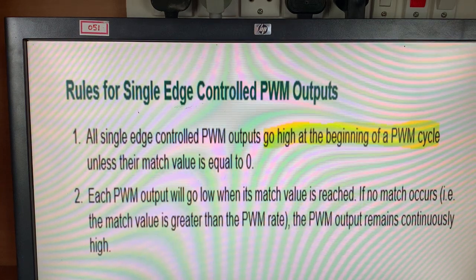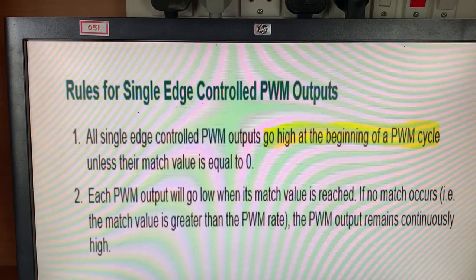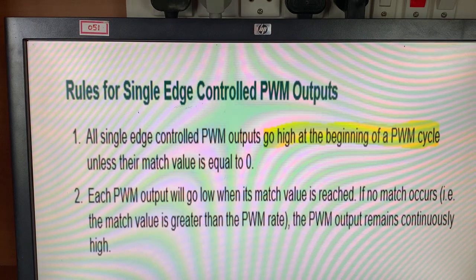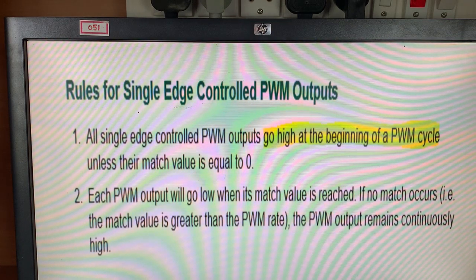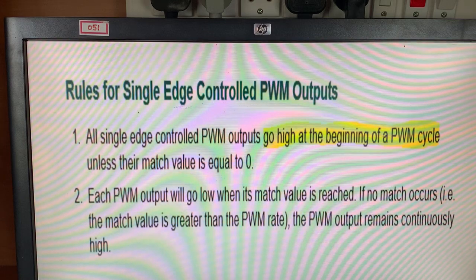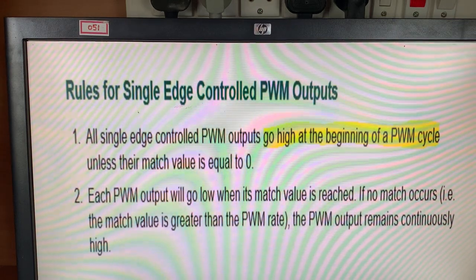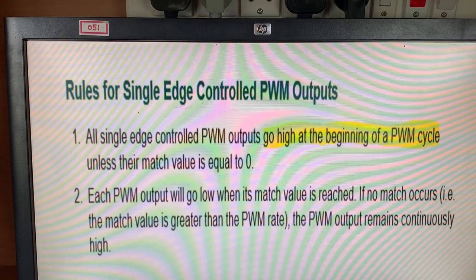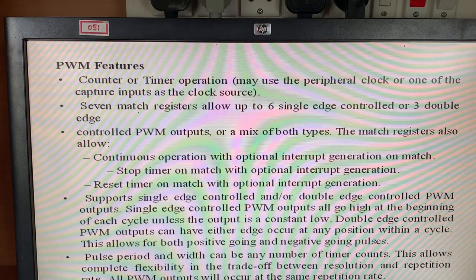The second is that each pulse width modulation output will go low when it matches the value reached, or if no match occurs. These are the rules to be followed while using single edge controlled pulse width modulation outputs.